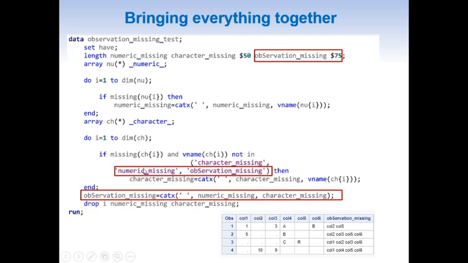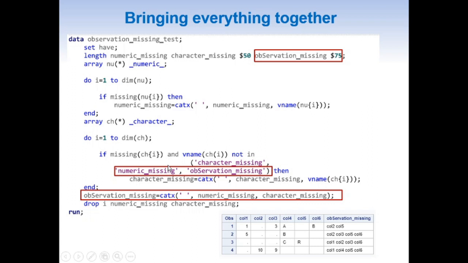And the next change is, as we have combined all our code together, we have three new character variables. And as we do not want to concatenate these three character variables for missing variables, what I have done is I have said exclusively in the AND here, please do not concatenate variable names if it belongs to character_missing, numeric_missing, and observation_missing. We have not seen this earlier.